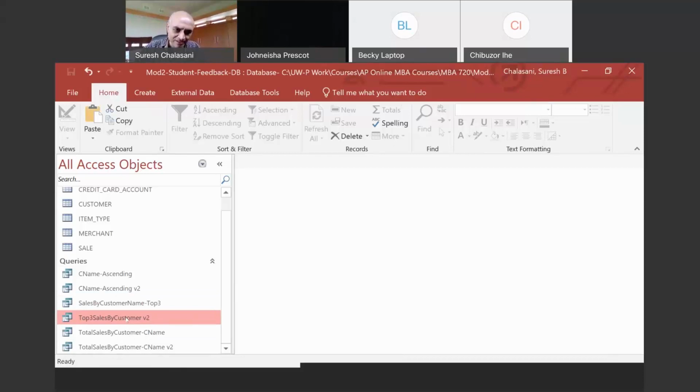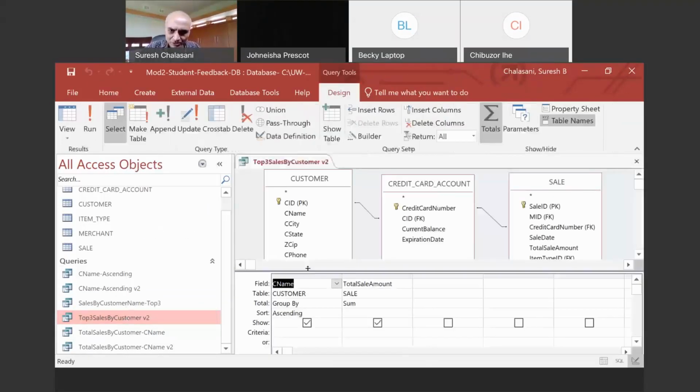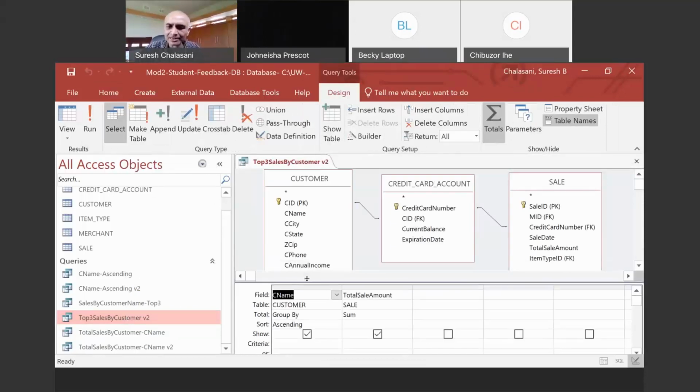So I have this here. And now if I go to the design view, I'll show you how to do this very simply. You already constructed everything. You got the customers and you got the total sale amount by customer. In top 3, the only thing we need to do is to make sure who our top 3 customers are. Very likely our top 3 customers, knowing their net worth, are Bill Gates, Elon Musk, and Jeff Bezos, right? By top 3, I don't mean the top 3 by their names. I want the top 3 by the total amount that they spent. They're the most valuable customers, right?